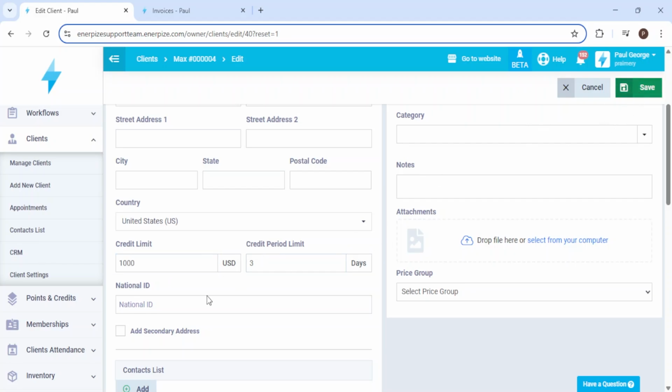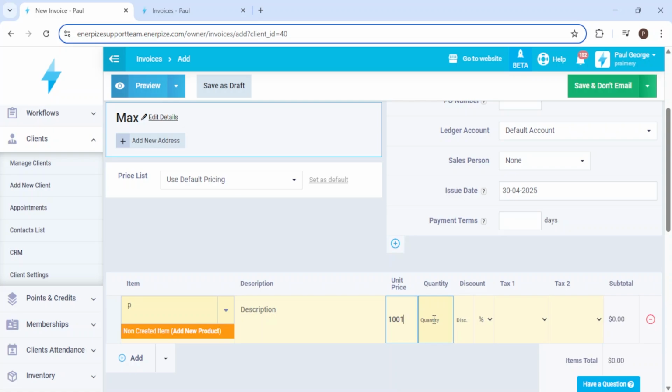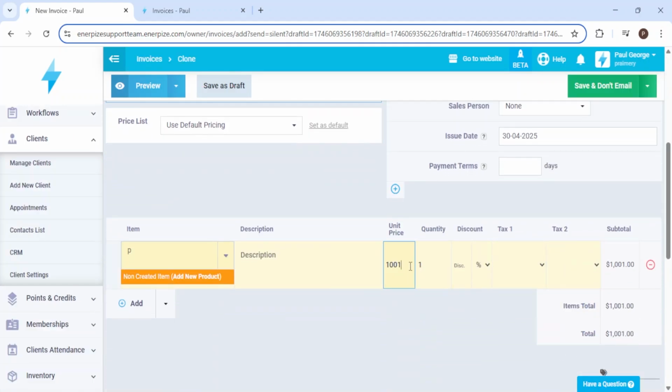If you attempt to create a sales invoice that exceeds this limit, the system will not allow it to be saved. It's important to note that the credit limit is applied to the total amount including tax, not just the value of the products. If the invoice amount is adjusted to stay within the limit, the system will then allow